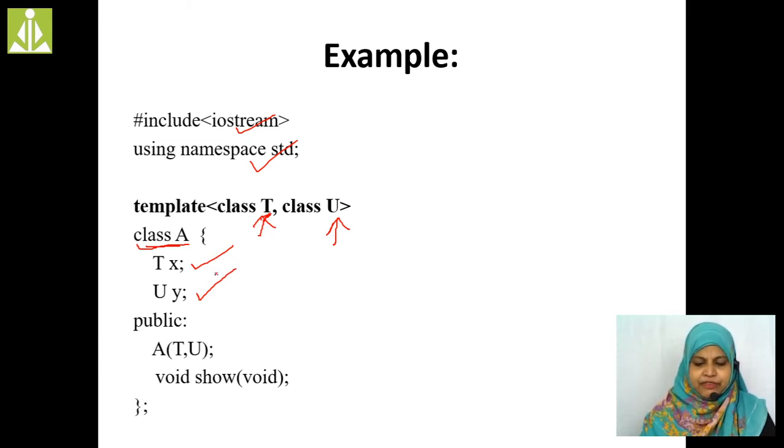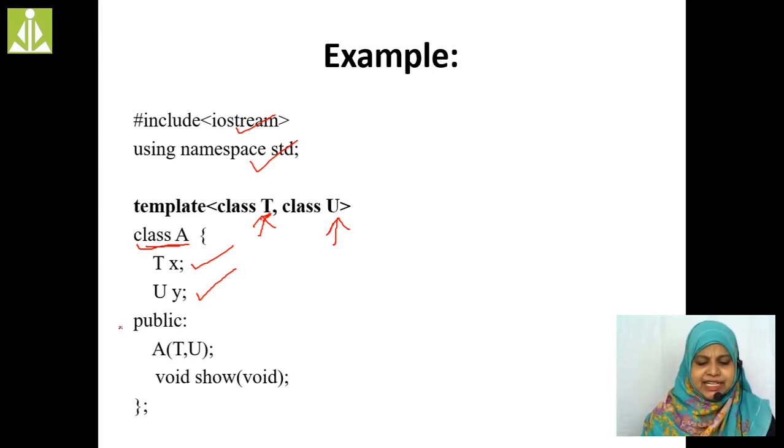Two different types of values I am going to pass in this class, x comma y. X is related to class T, y is related to class U.